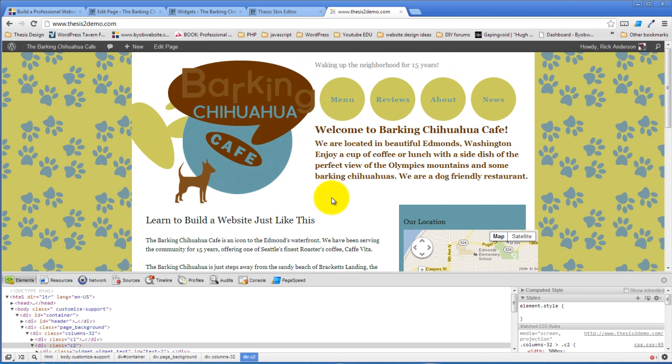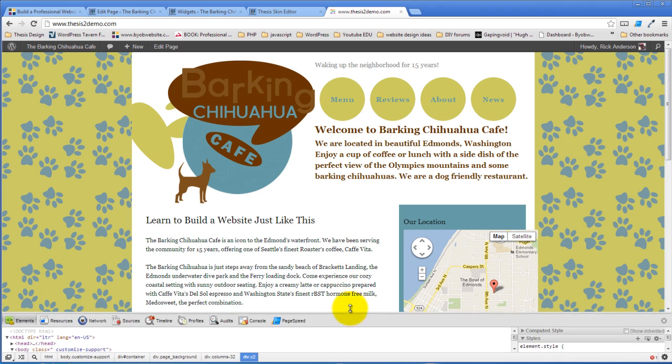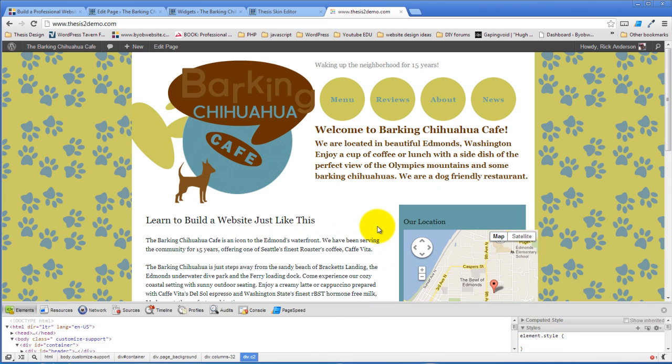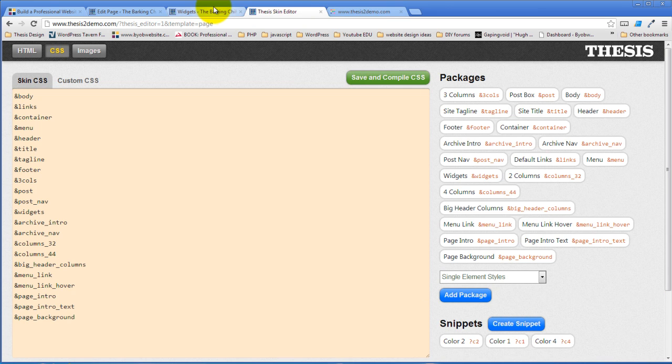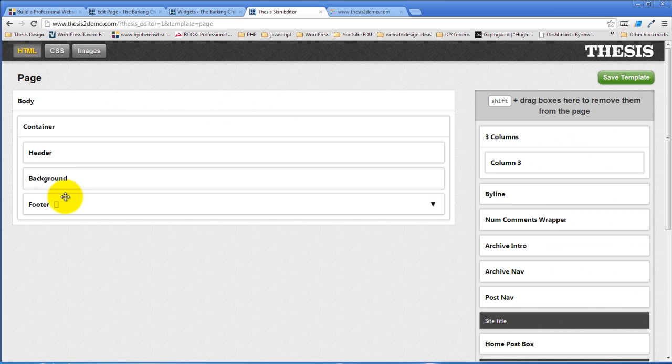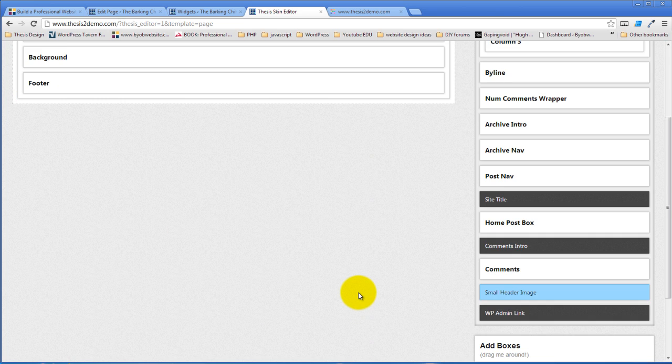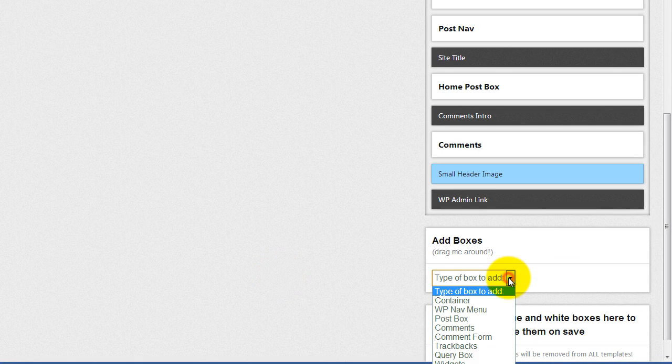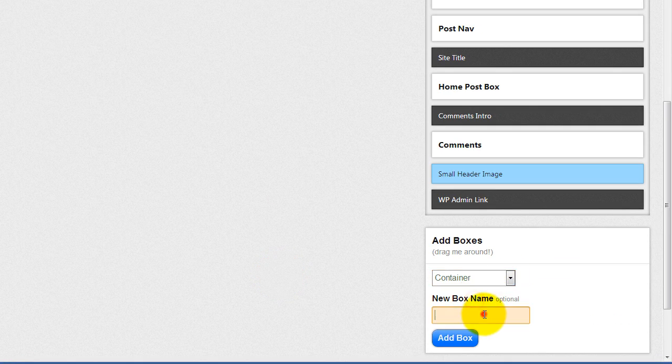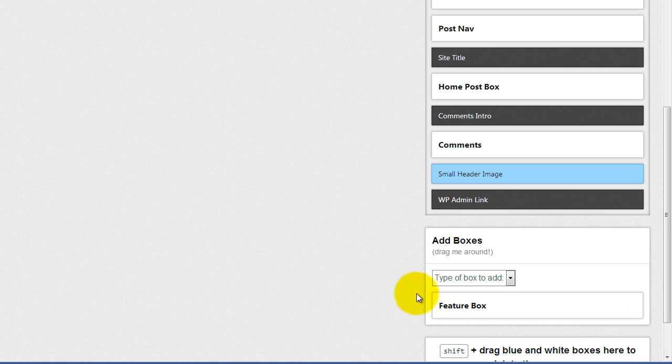But we're going to do one more thing, and that is add a feature box to this page. And we're going to do that from here. Go to HTML. We're going to pretend we're not doing this on our front page, but obviously we're not actually doing it on our front page because the front page doesn't work yet. But we go to our container, we'll call it a feature box. We'll add the feature box